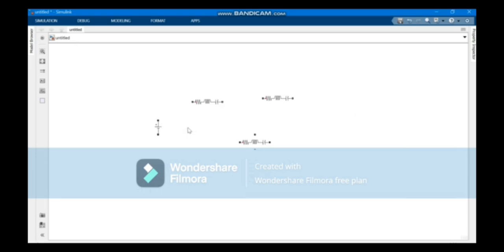We need to import all the necessary components from the library: DC voltage source, inductor, capacitor, switching device, MOSFET, diode.